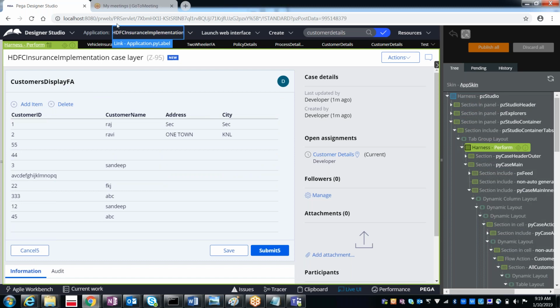But even in this perform, I wanted to make the changes. So how can you make the changes? Open that rule.